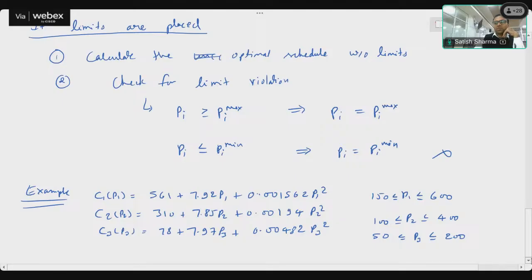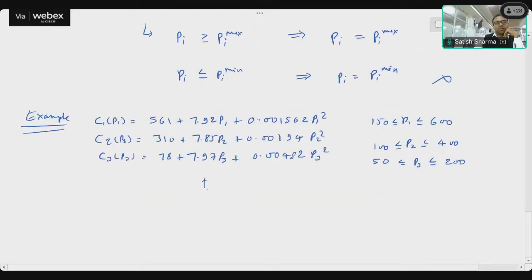And the total demand, let's assume the demand is roughly around 850 megawatts. So if we write down those conditions for the solution,